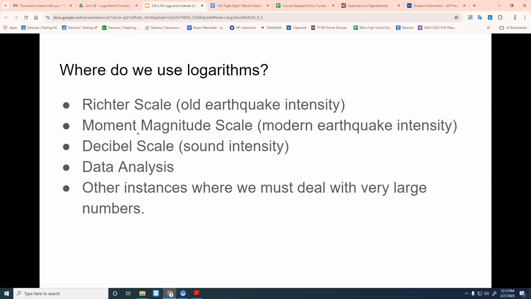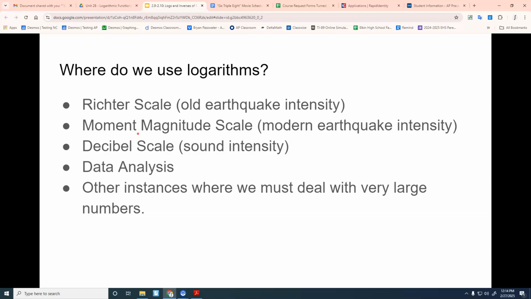So if you were a survivor of that 4 earthquake that shook Sparta, and we could feel a little bit down here, then you have a little bit of an idea of what that felt like. If you were asleep or up doing something and not paying attention, you probably didn't even know it happened, right? It might have knocked over a picture frame in somebody's house, but it did not do much. But the way that the Richter scale or the moment magnitude scale works is that it's a